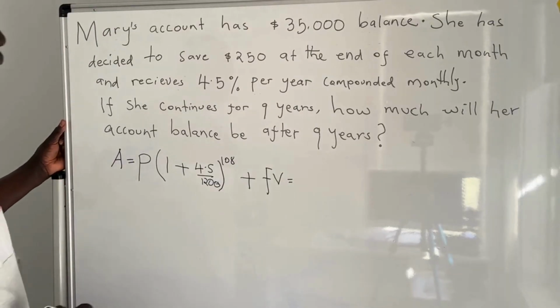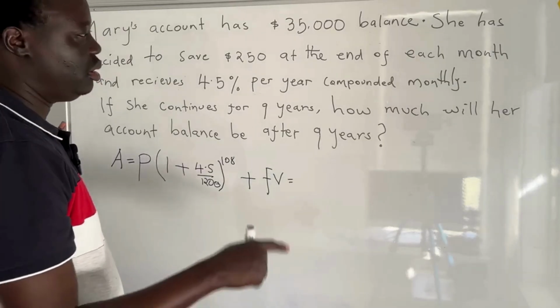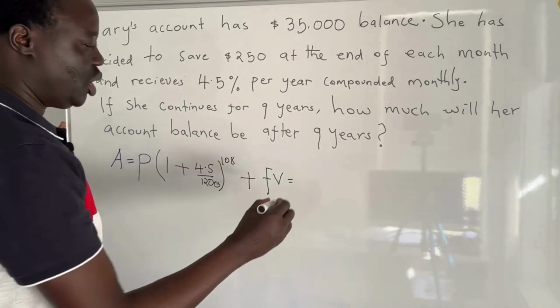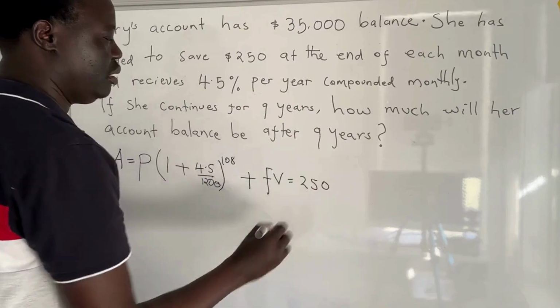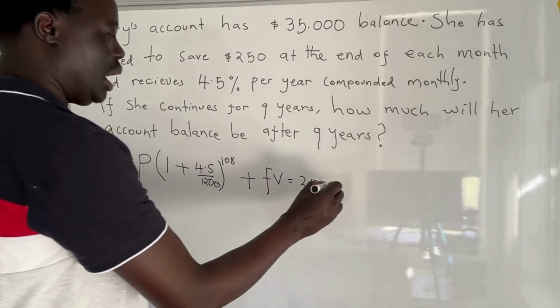What are we going to do in this case? It's going to be the regular payment, how much she's putting each month. So it's going to be 250, which is the payment each month, times